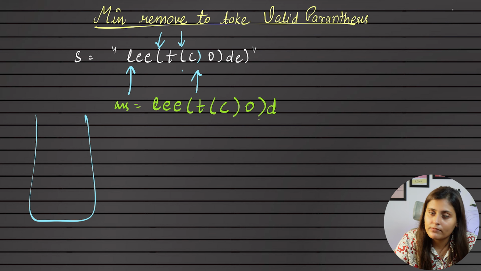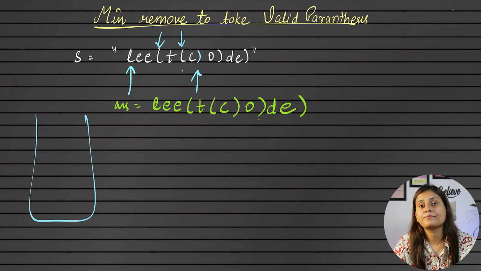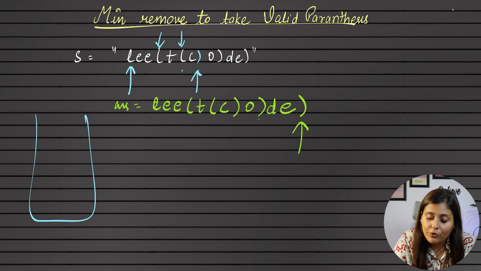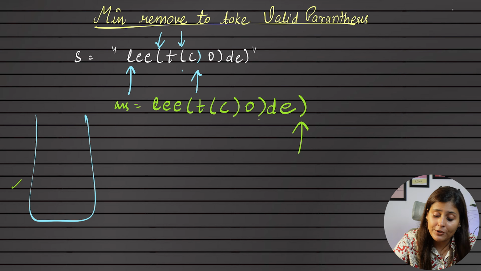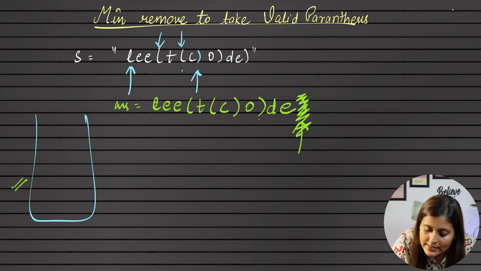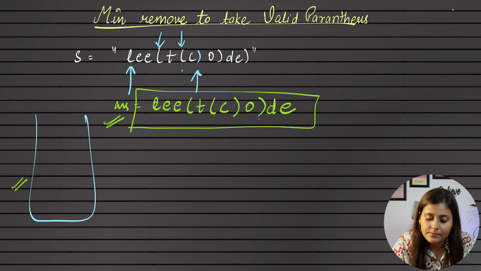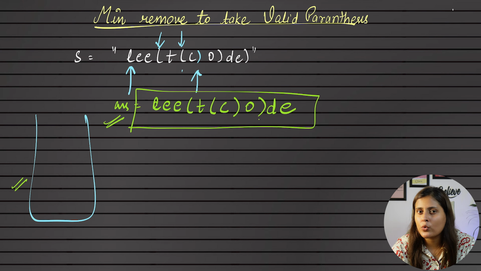Now D, obviously we'll add it. E, obviously we will add it. And now what about this? This is a closing bracket. So again, for the closing bracket, it is very important that we should have something in the stack. But for this closing bracket, we have nothing. So this one is not valid, so we'll not add it. And at the end, we will save it. But the question is, is it valid? Yes, in this case it is.